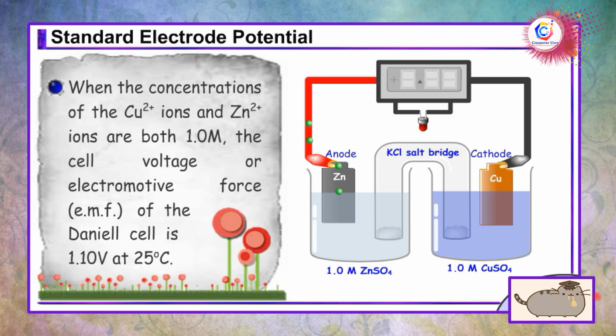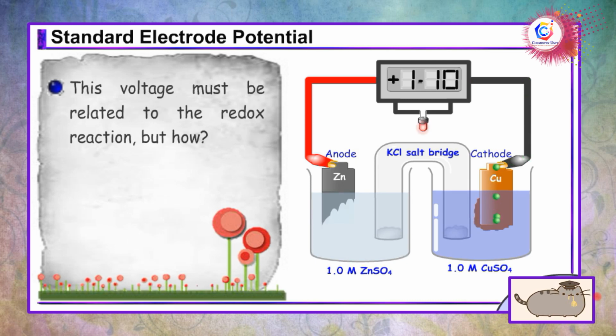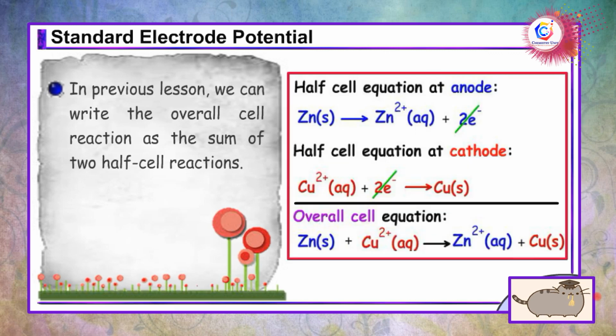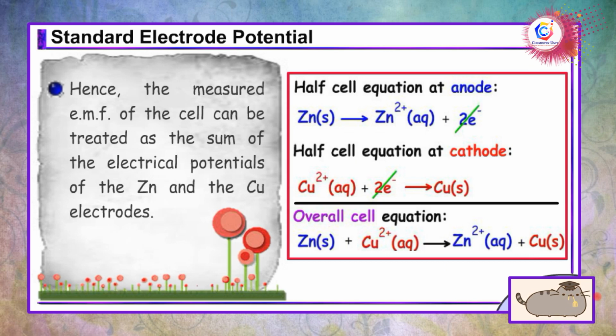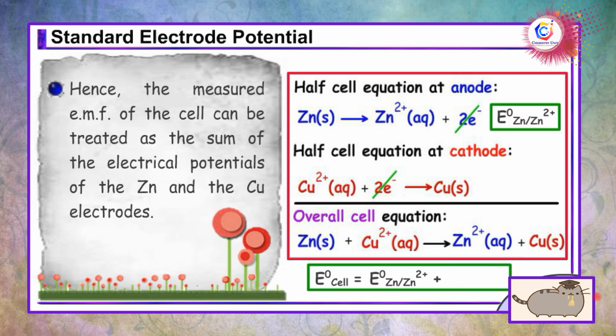When the concentrations of the copper ion and zinc ion are both 1.0 molar, the cell voltage or electromotive force, EMF, of the Daniell cell is 1.10 volts at 25 degrees Celsius. This voltage must be related to the redox reaction. But how? In the previous lesson, we can write the overall cell reaction as the sum of 2 half cell reactions. Hence, the measured EMF of the cell can be treated as the sum of the electrical potential of zinc and